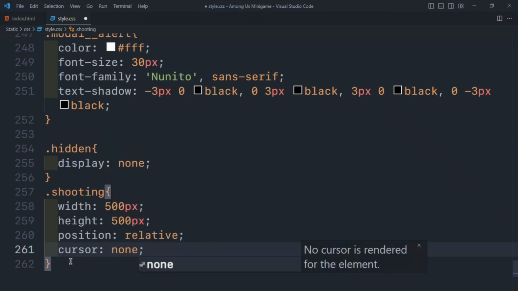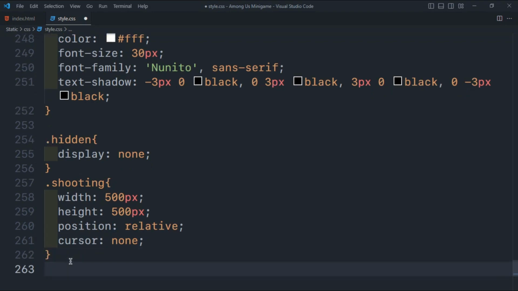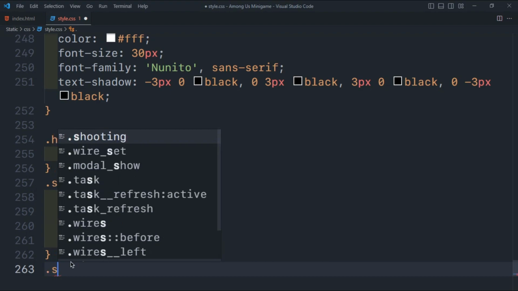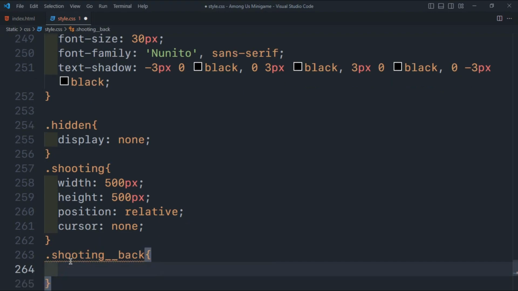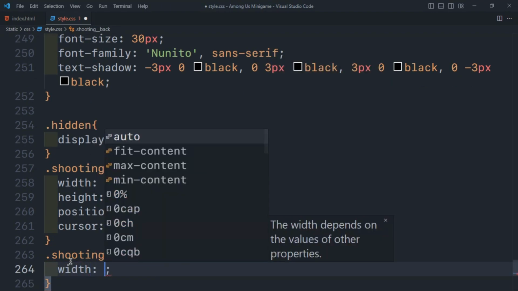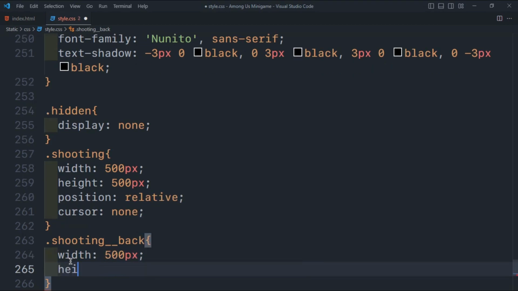Now we will set the back part of the background of the shooting area, so we call in shooting back, and we set its width and height as 500 pixels. Also the height as 500 pixels,